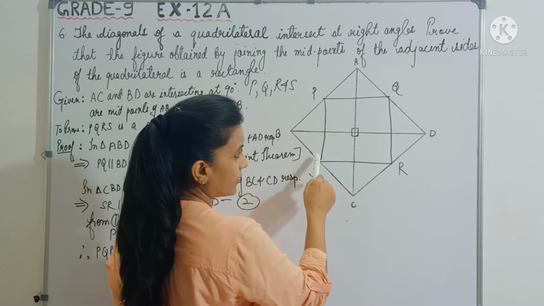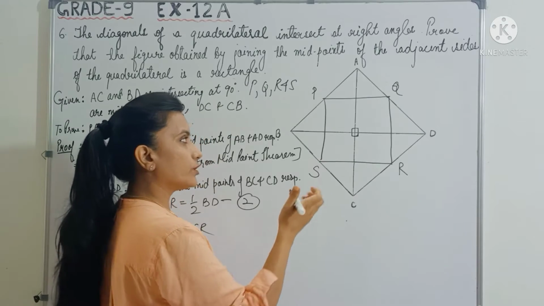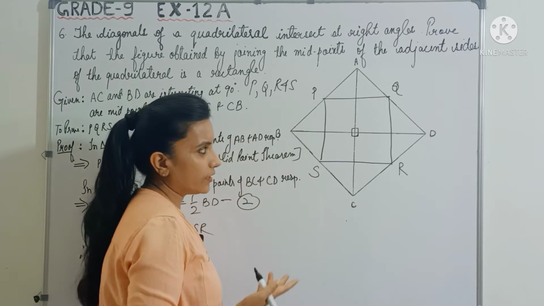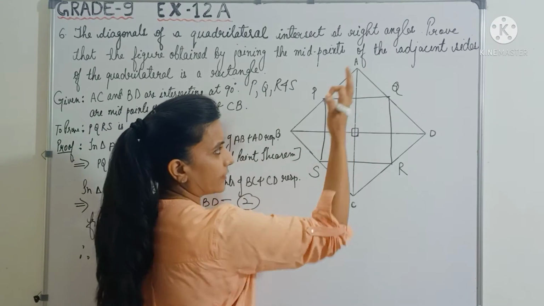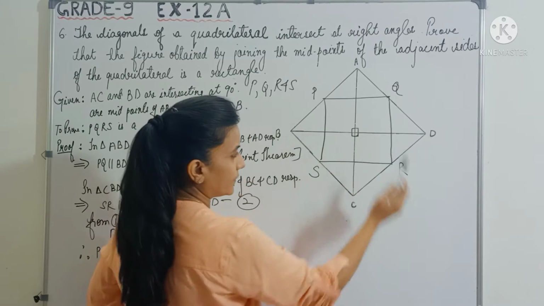So in this parallelogram, you have to show any one corner angle is 90 degrees. You can show angle P is 90 or Q is 90 or R or S. Anything you can take. So let's show that angle Q is 90. Okay, let's aim that. Now how do you show that angle Q is 90?